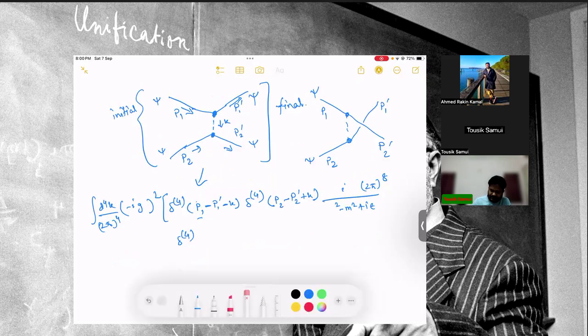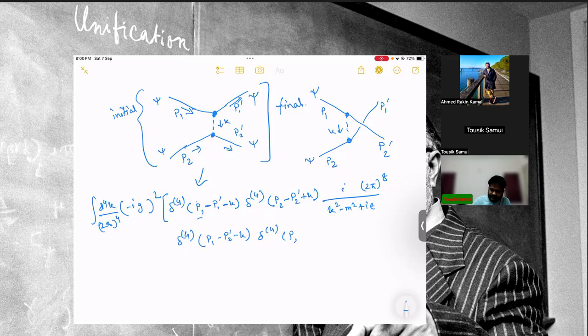So this will not be P, this will be undetermined momentum K here, and this is P1 minus P2 prime minus K, delta 4 P2 minus P1 prime plus K, by square